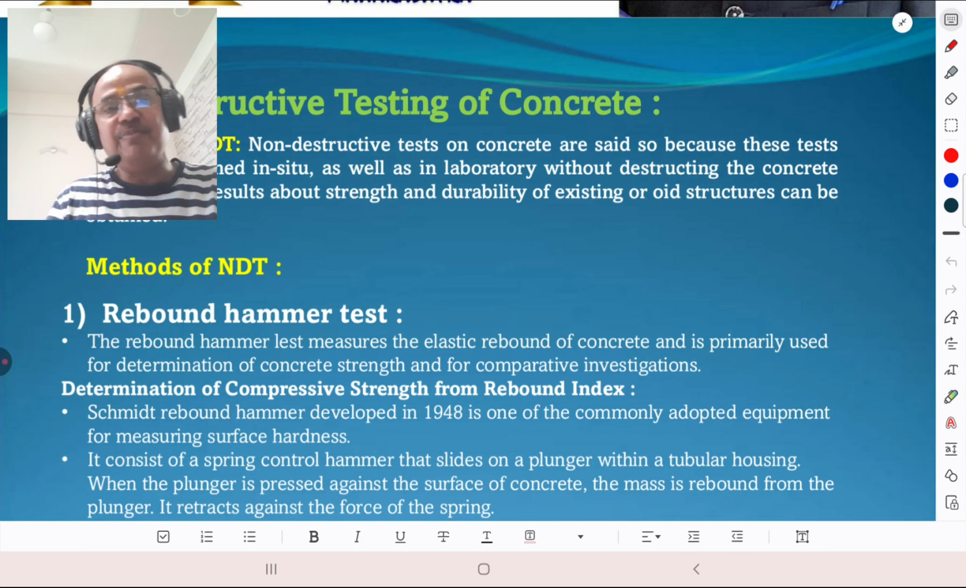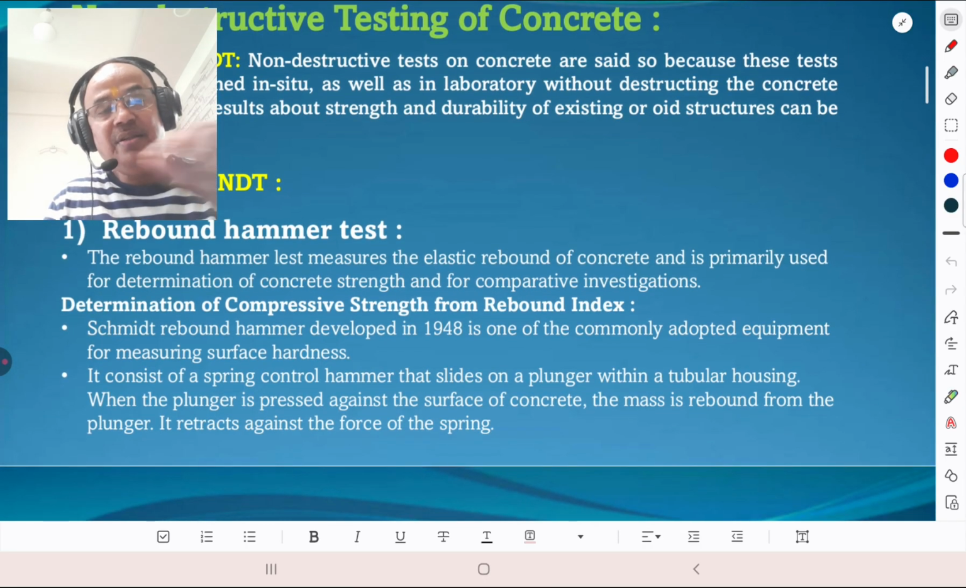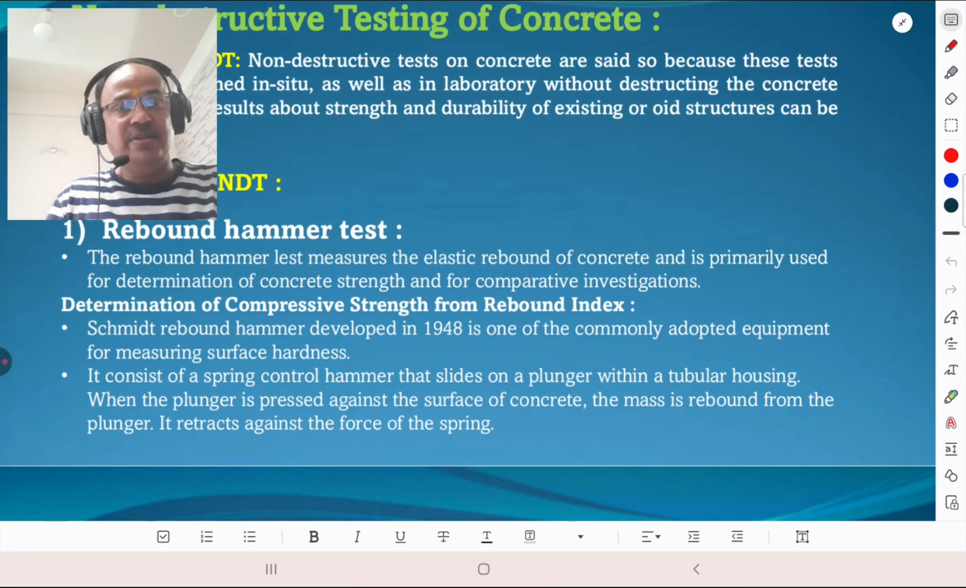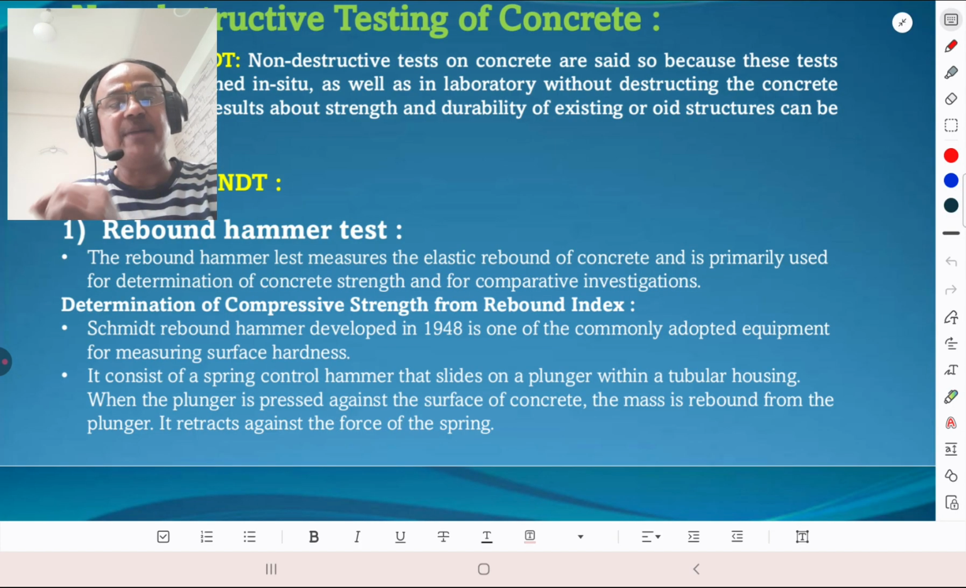The rebound hammer test is the most popular test, and the rebound hammer test measures the elastic rebound of the concrete, and it is primarily used for determination of concrete strength and for